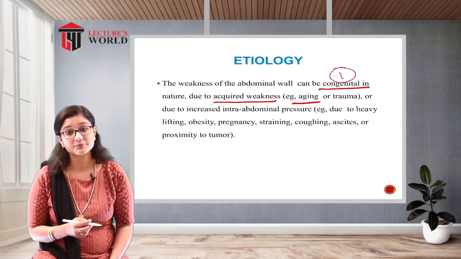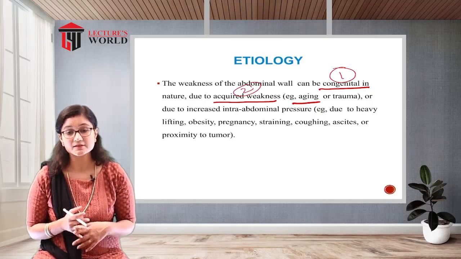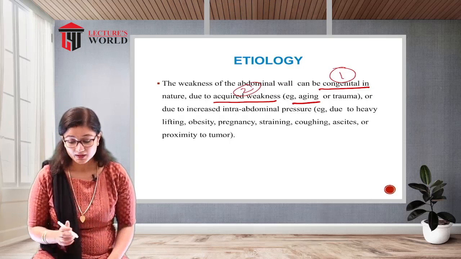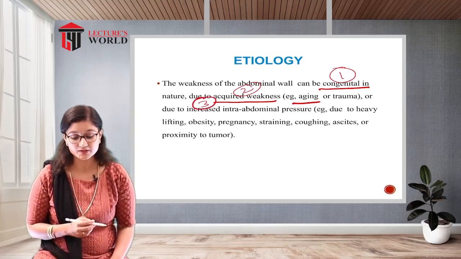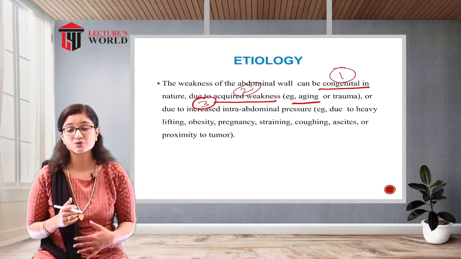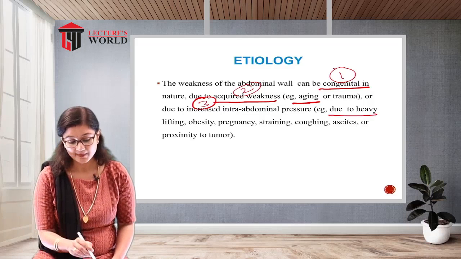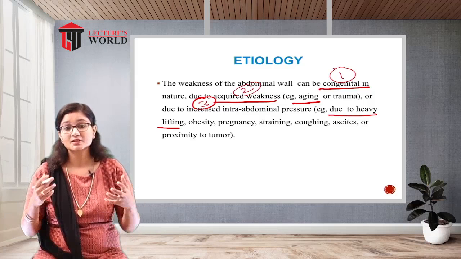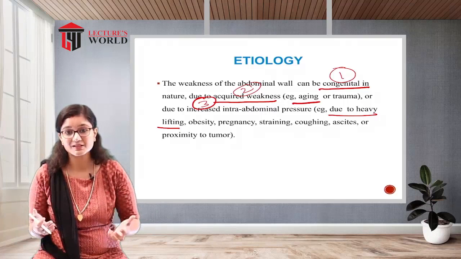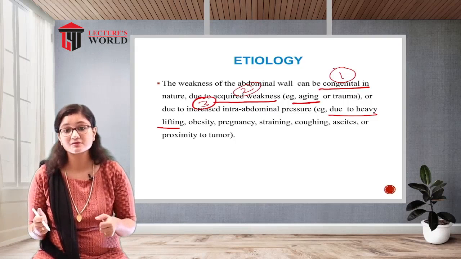The first is that it can be because of a congenital problem. Second, because of any acquired weakness, something because of aging or because of any trauma on the abdominal wall. Next, the third very important thing, is increased intra-abdominal pressure. At what time is this abdominal pressure going to increase? Commonly due to heavy lifting, because when you are lifting a very heavy object, you are using your abdominal muscles, right? You are using your hand muscles also,